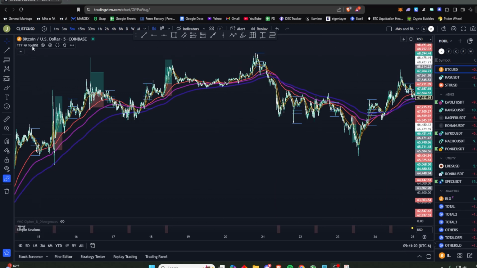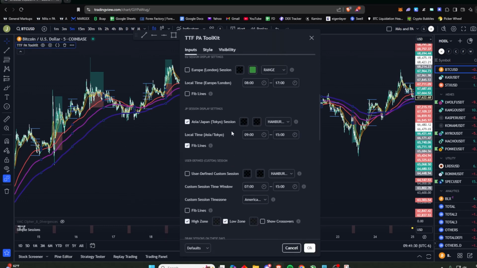I use the TTF price action toolkit, and you'll be able to use this toolkit if you are a member in the trading floor. So I'll go into the settings. I use a couple things. So the main things I use is the Japanese, aka the Tokyo session. I use the hamburger session type just to get the highs and lows. And then I also put the fib lines. You don't necessarily need these fib lines. It's this middle piece right here, but I like them just as a visual representation of where I'm at in